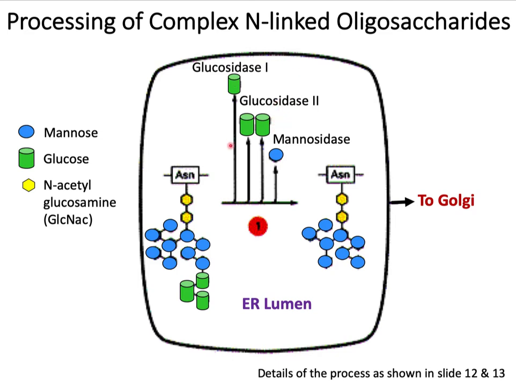So these are all ER resident proteins, and these are known as ER glucosidase 1, ER glucosidase 2, ER mannosidase, and sometimes they are also known as alpha glucosidase 2, alpha mannosidase, because they cleave at the alpha carbon to remove these residues. So here, the initial 9 mannose is reduced to 8 mannose in the final product,